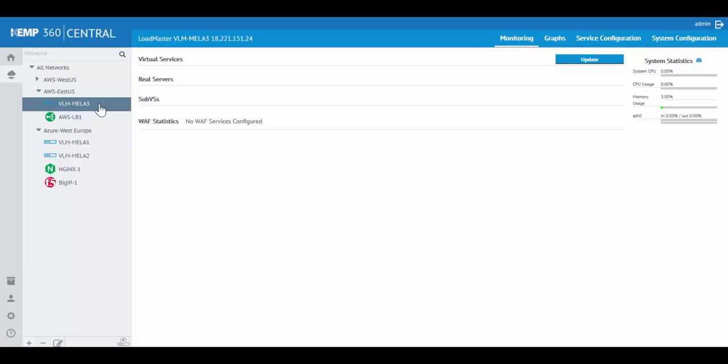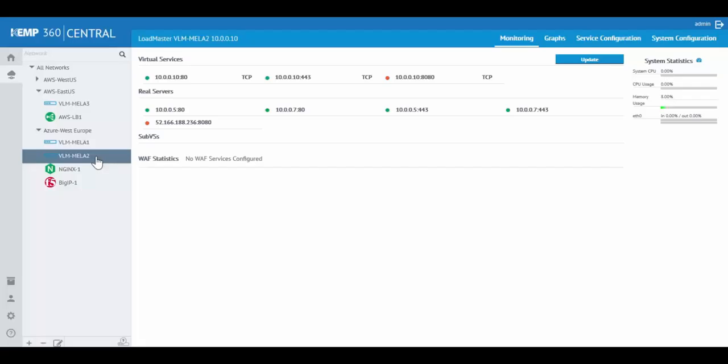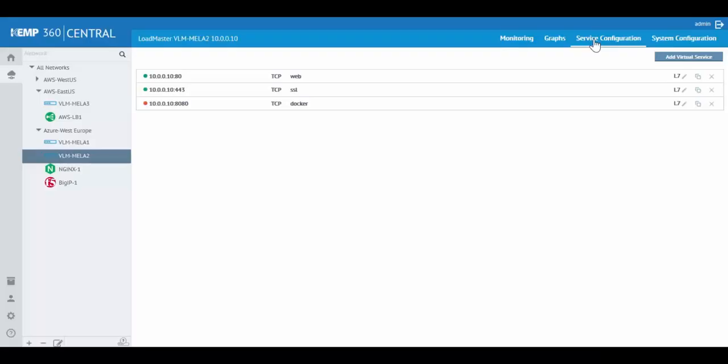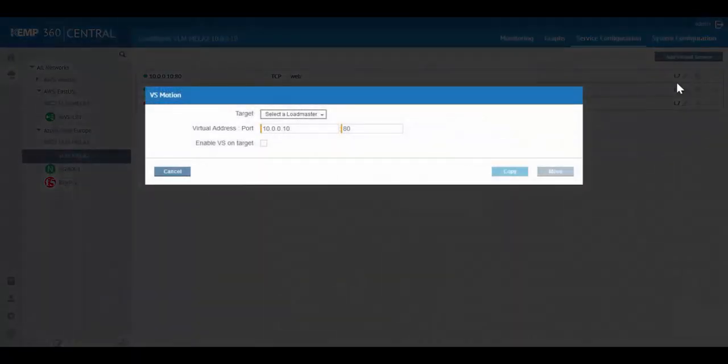Here in the AWS East US region, I have VLM Mila 3. And currently, this LoadMaster has no virtual services set up. So I'd like to copy a virtual service from Azure VLM Mila 2. So I can simply go to Service Configuration. I have a few virtual services. I want to copy this one, this web on port 80. So I can simply VS Motion Migrate,